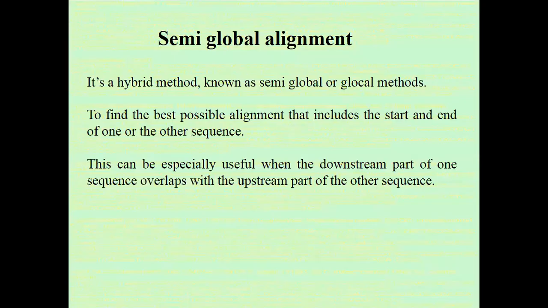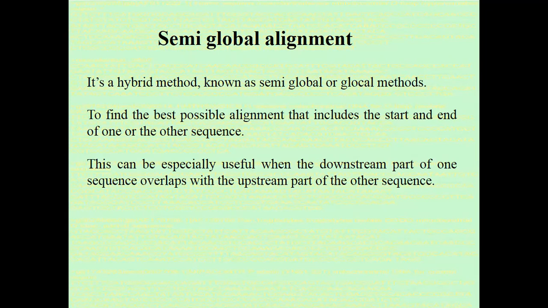Semi-global alignment is a hybrid of global and local alignment. It is also known as global alignment and semi-global alignment, used to find the best possible alignment that includes the start and end of one or the other sequence. If you want the end or start of any sequence, suppose the query sequence or reference sequence, you have to jump on semi-global. If you want to check end to end, from one to the last, you have to jump on global alignment. And if you want to check just a specific portion, chunk, motifs or domains, you have to